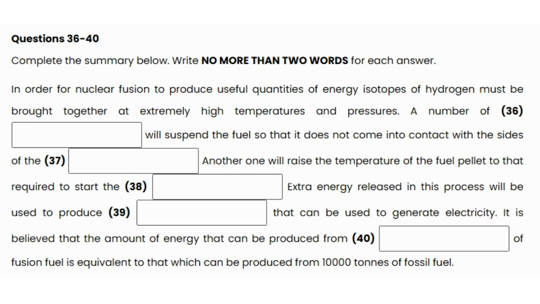Another, far more powerful laser will be used to heat the fuel pellet to the temperature required. This laser, if you like, will act as the trigger to start the reaction. Once started, it is hoped that the reaction will produce enough energy to maintain itself, and also that it will produce a surplus in the form of heat that can be used to produce the steam needed to drive turbines in order to generate the electricity the world needs.